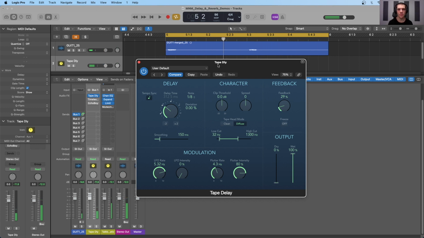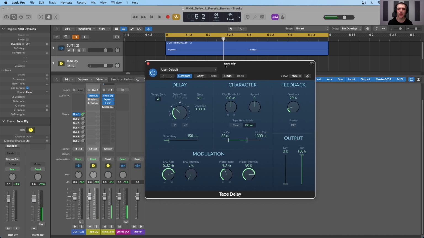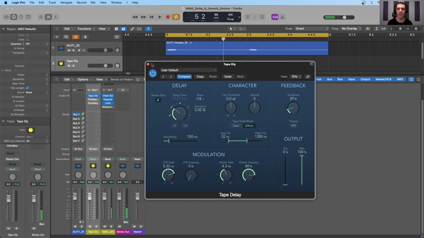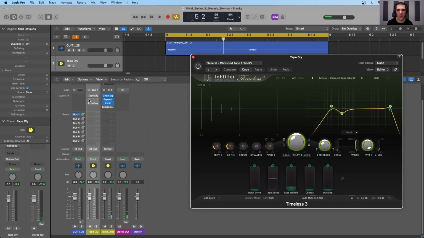So that's the sound of Logic's tape delay emulation plugin right there. If you use Logic, I would highly recommend using this stock plugin. I use it all the time. It sounds great and is super easy to use. Let's close this one down quickly and move on to a plugin that's a little bit more involved, which is